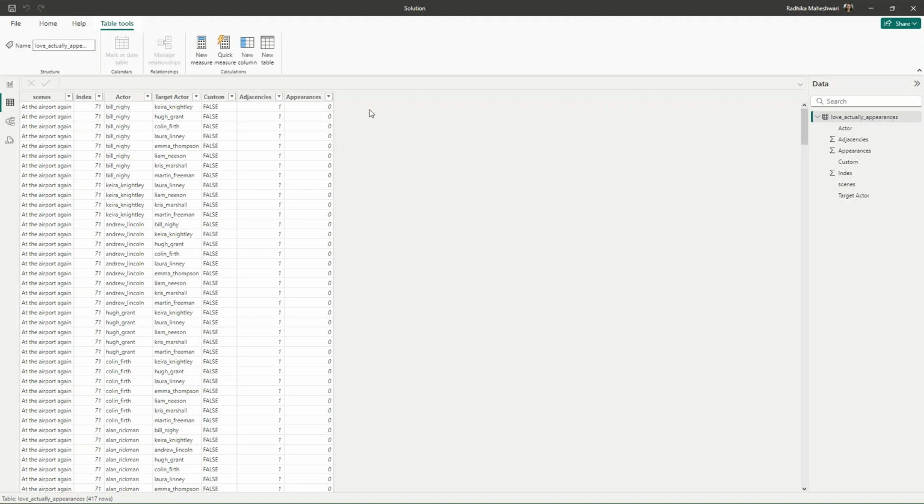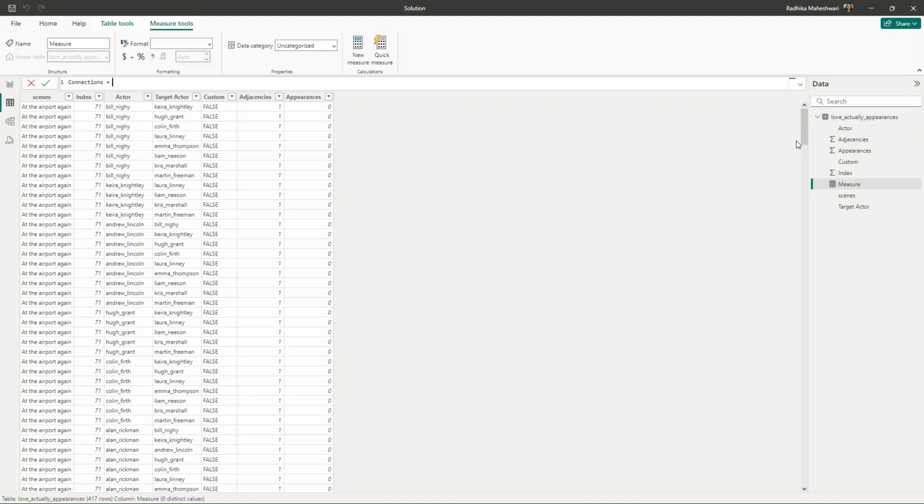For this measure, I will call this connections. And first, what we need to do is get a summary table where we have each actor and how many connections that actor has, which means how many distinct actors are associated with this actor. And then we will iterate over this table and find out who is the actor with maximum number of connections. It will be more clear when I write the query.